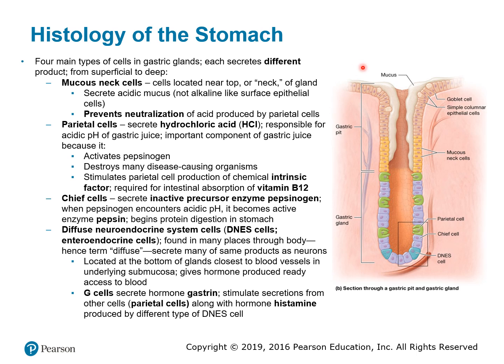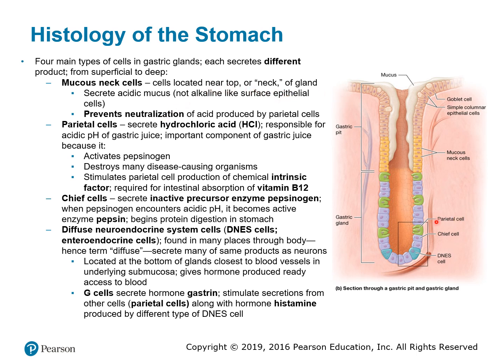Okay, so then we're going to look at a gastric pit. Here's the gastric pit and the gastric gland. So here's the gastric pit, which is the upper part, and then you have the gastric gland, which is the bottom part. You have mucous neck cells, which are in the yellow, and these are going to secrete acidic mucus, so very acidic, very low pH mucus. This is also going to prevent neutralization